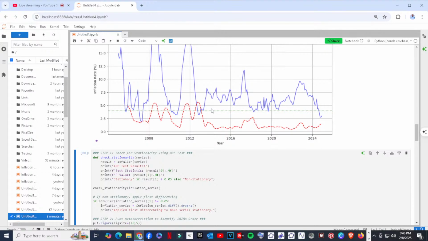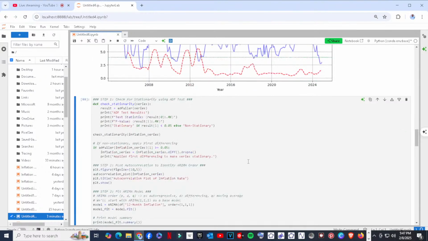Now that prompts me, now that I have the inflation rate data, I want to check the stationarity, so that I see what the influence of this is. Up to just two weeks ago, before that particular decision was made, we had been collecting this data with all those products and services which are seen to have a lot of volatility. But let me see if our data is stationary. So I want to check for stationarity using the ADF test. It will tell me if my data is stationary.